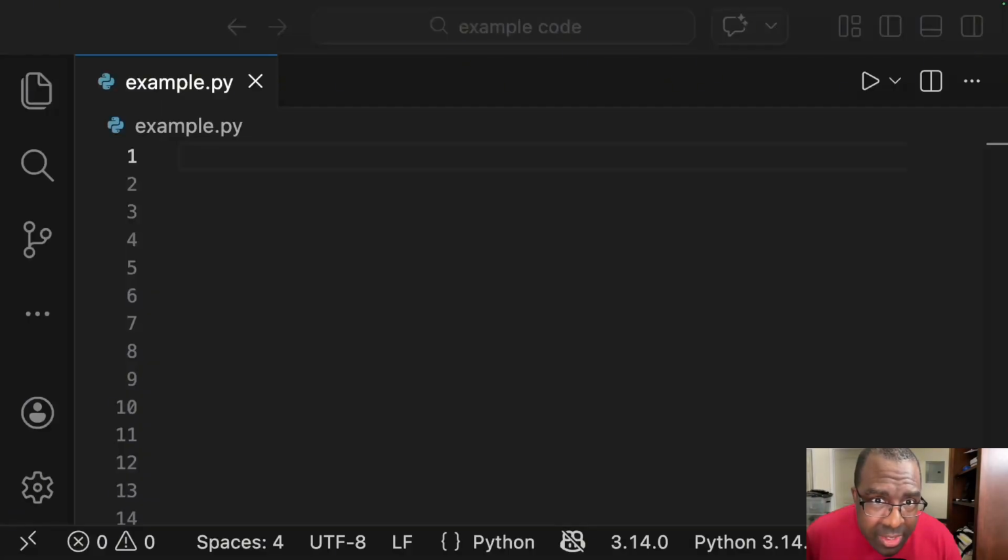So what is a Lambda function? In Python, a Lambda function is a small anonymous function. Anonymous just means the function does not have a name. Normally, when we create a function in Python, we use the def keyword. For example,